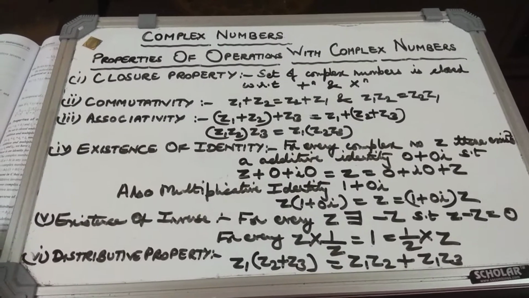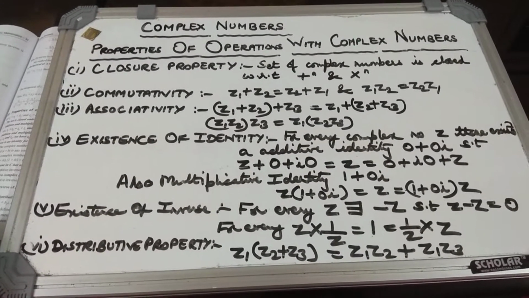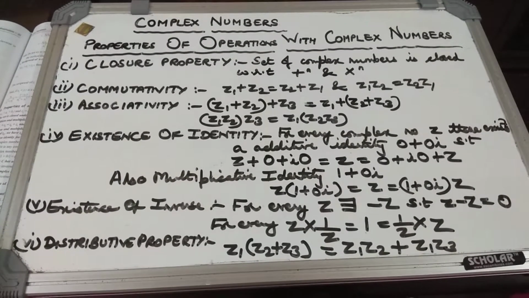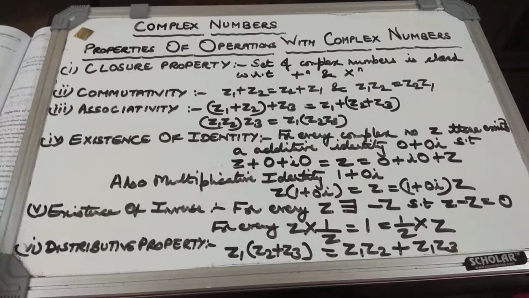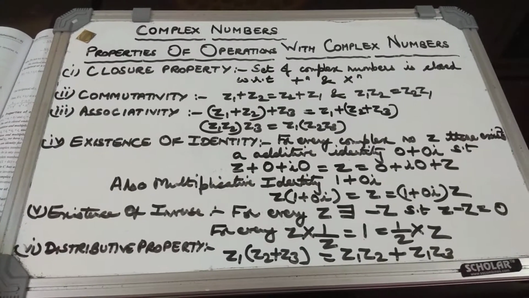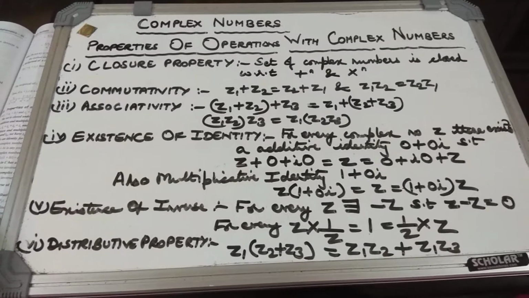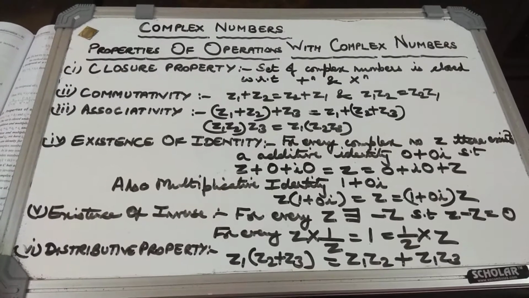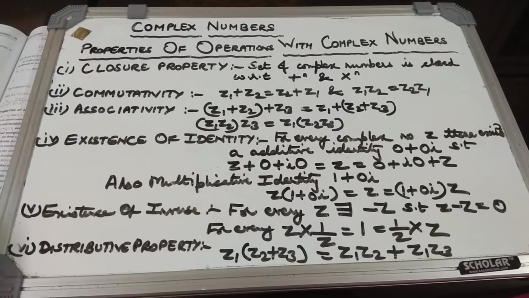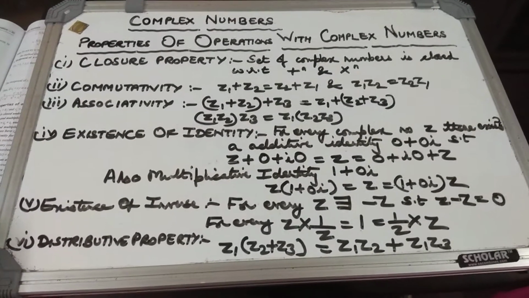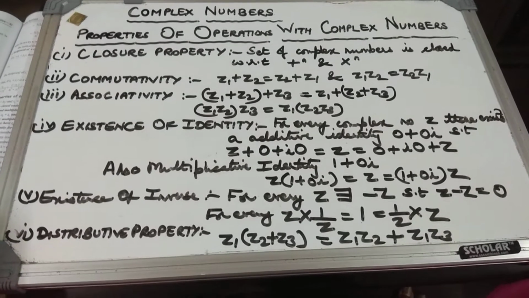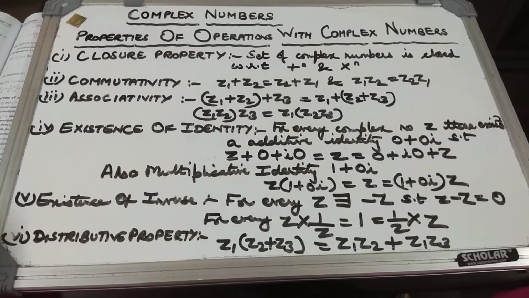Now, this article we have already studied in number system, but now here we are going to study these properties in complex numbers with respect to operation, addition and multiplication first. Now we already have done it in number system, so we are familiar with most of the properties. Knowingly or unknowingly, we have used these properties in the problems of number system.